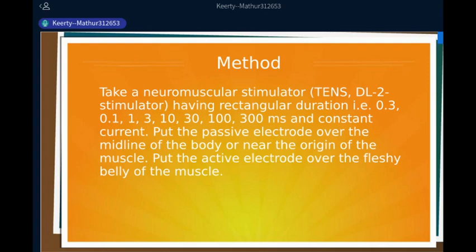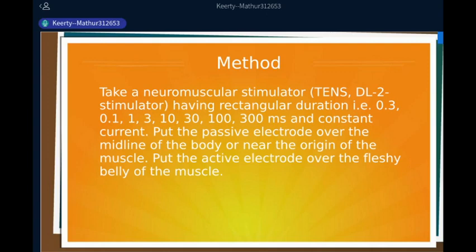And how will you palpate the muscle? We will first ask for the opposition function, so the muscle bulk will be visible, and then we'll mark the center part of the muscle, that is the motor point of the muscle. So the active electrode will be used over the motor point, and for the opponens pollicis, the inactive electrode will be placed over the flexor aspect of the forearm just above the wrist. So this will be the position of the electrodes. The patient will be well supported and comfortable.